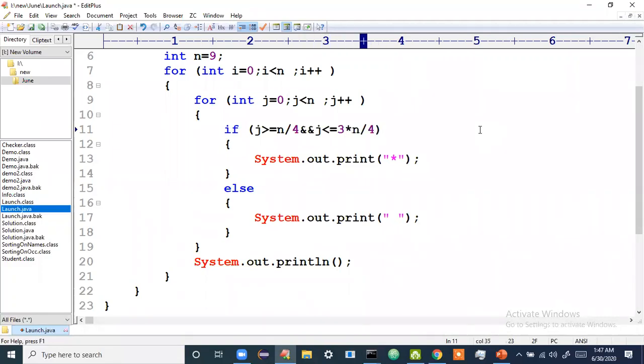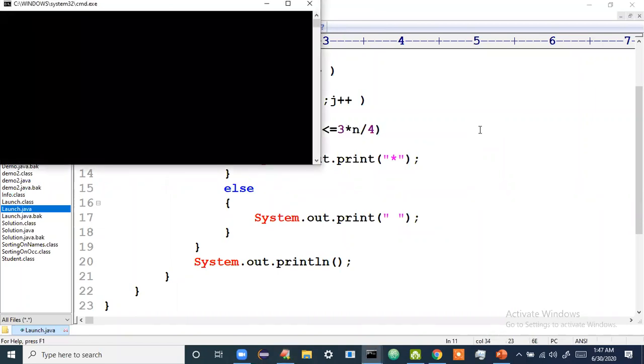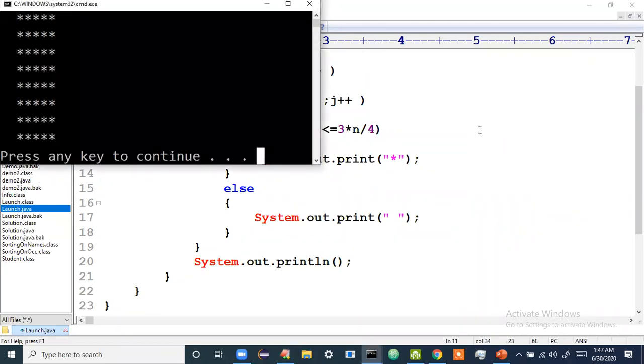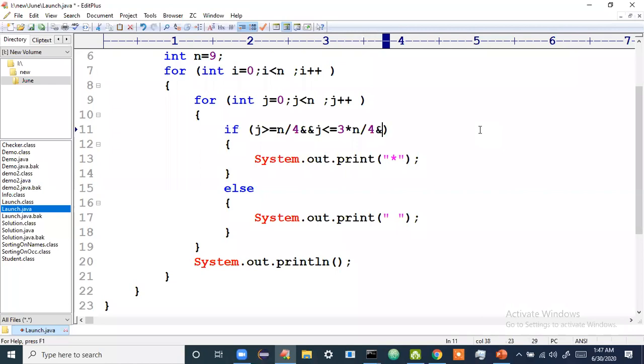Okay, don't write 3n by 4. Don't write 3n by 4 because if you write 3n, it is not a variable, and a variable can't start like that. So 3 star n by 4. So now I'll be getting that. Okay, let's see. Yes. Now what I have to tell is and operator. J is greater than or equals to n by 2 minus I.